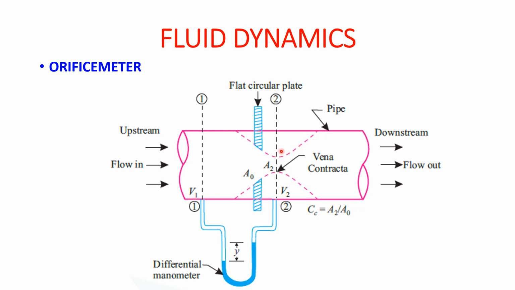Means when the jet starts to diverge from the streamline, we say that it is a vena contracta section. So this vena contracta section means that the jet is diverging from the streamline. Due to that, we have to take into consideration section 1 and section 2, which is the vena contracta section. Now the manometer is connected from section 1 to the vena contracta section, so it will give us some difference of the levels of the manometer.